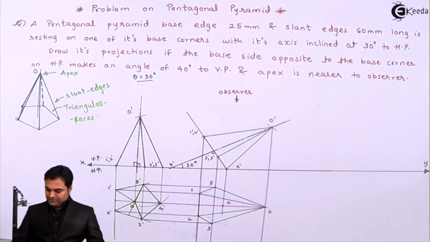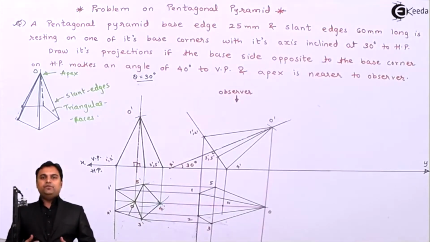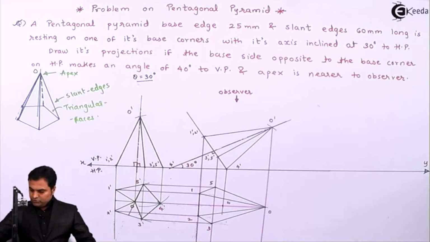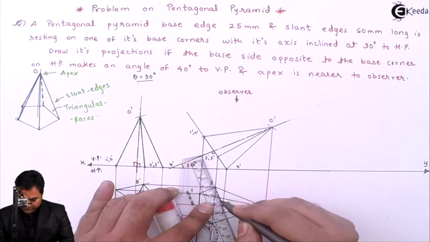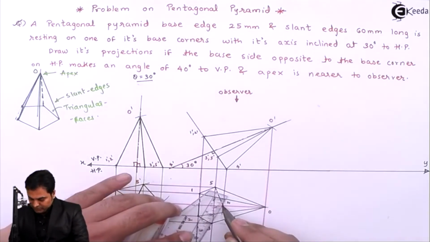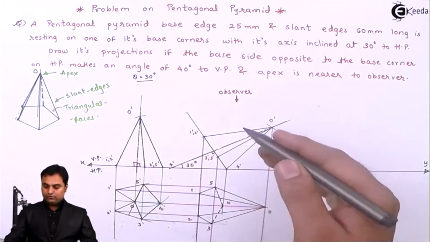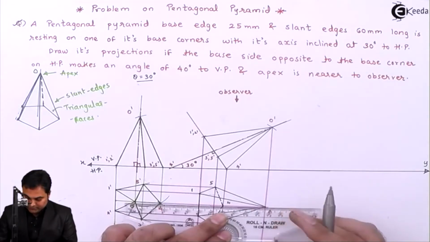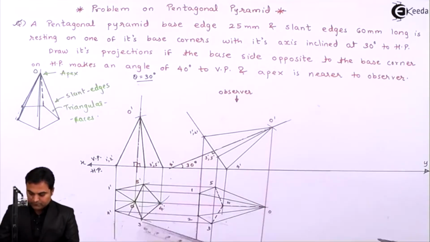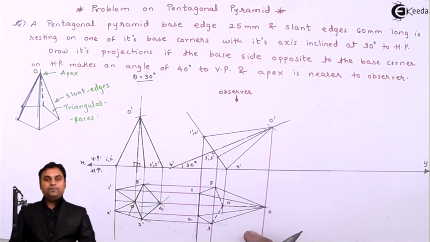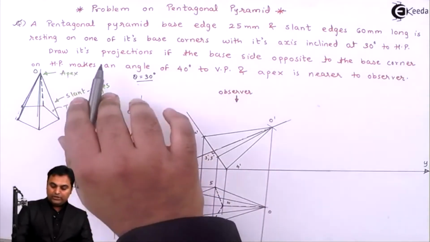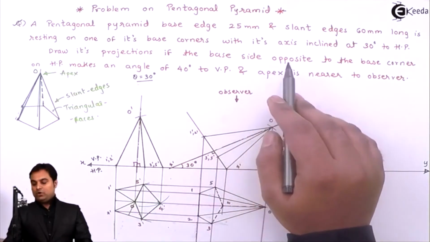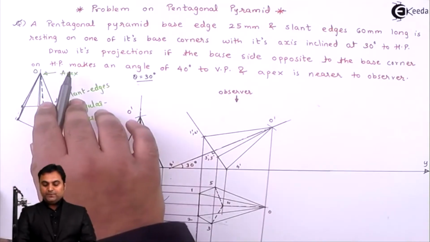So now, after this, point 4 is going behind the observer, so that will be hidden, not visible. So I'll plot it with a dotted line, connecting 4 and 5 with dotted line and 4 and 3 with dotted line. Next, O dash 4 dash is also going behind the observer, so it is hidden. So this is the top view of the pyramid. Second condition is completed. After that, the last condition is: draw its projections if the base side opposite to the base corner on HP